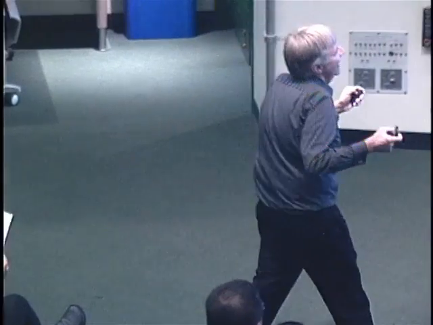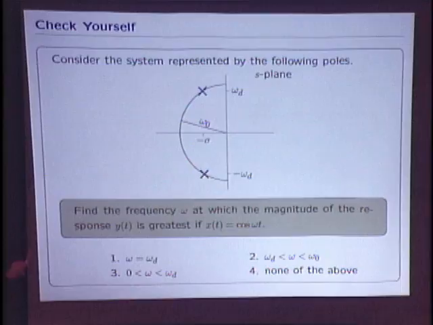Okay, so that's the idea. I've written 2 check yourself questions. Those are intended to just be practice with complex numbers, because you need to know how to do complex numbers. But the point of today